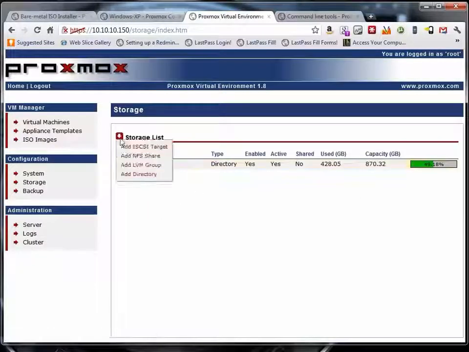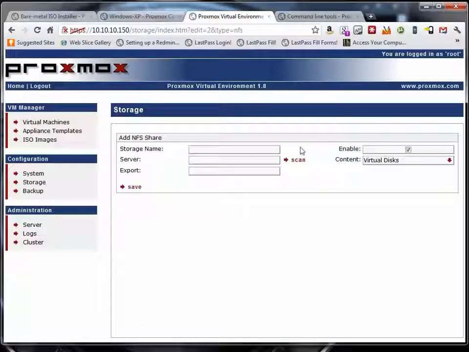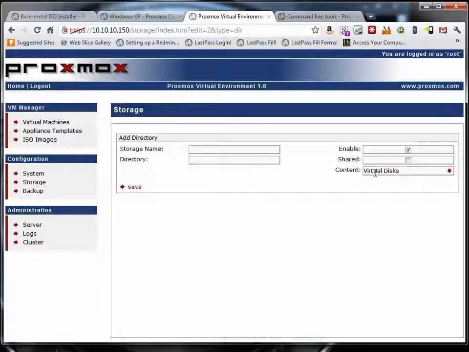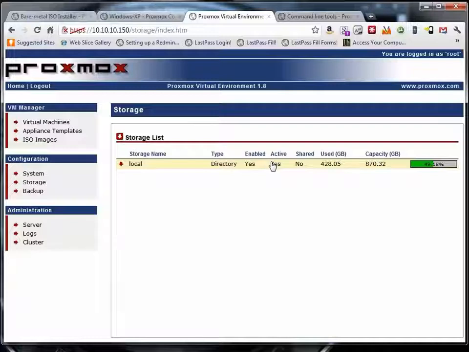Alright, so let's just say for whatever reason we wanted to add a network file share. Essentially we'd name the storage, server or scan the server, choose the export, and then enable, and then we would choose contents on there. You'll notice that it doesn't have all the options, which I hate about it, that the other one did for adding a directory, because the default one